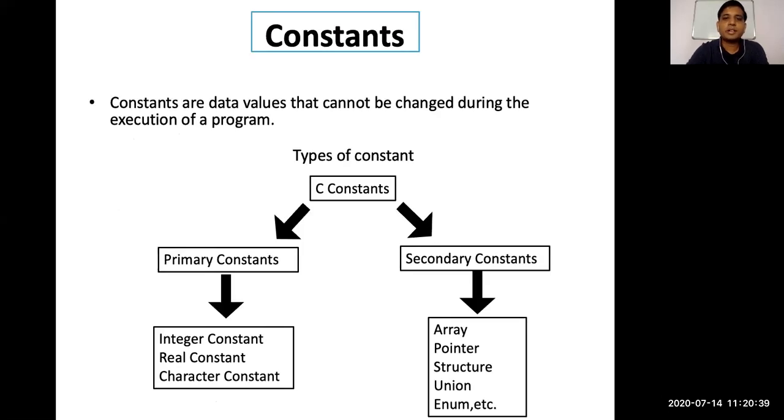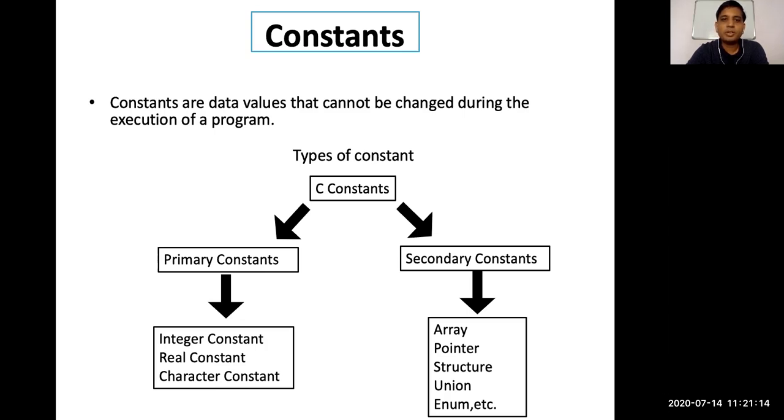Okay, so let's start with constants. We have seen the examples for variables. So what is a variable? A variable is a name given to a memory location, just like your city has been given the name Bangalore. In our computer there is RAM, and suppose we have allocated some part of that memory. To access it, we give a name to that memory, so using that name I can access and modify that particular memory.